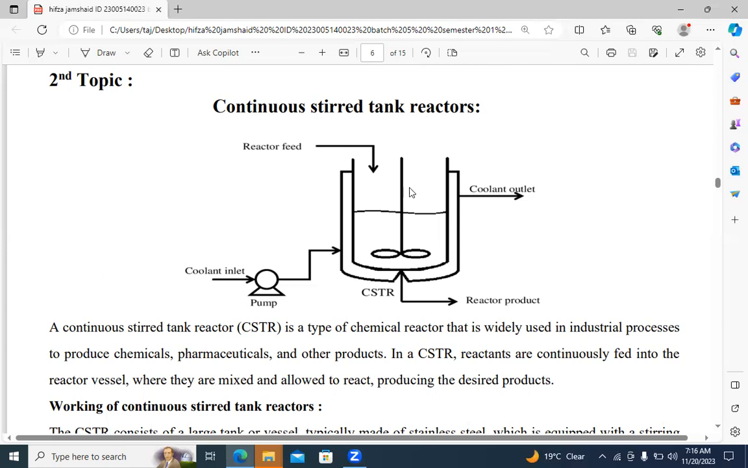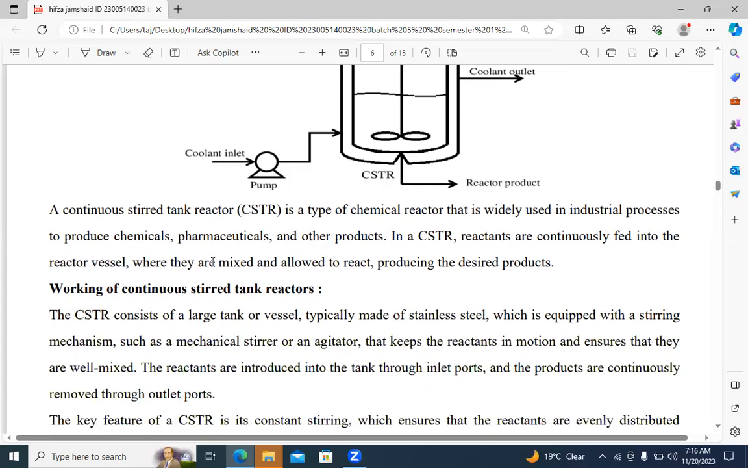There is a coolant inlet and a coolant outlet, related to temperature dependence. Coolant is typically a liquid that helps in reducing the temperature. So a continuous stirred tank reactor is a type of chemical reactor that is used in industrial processes to produce chemicals, pharmaceuticals,